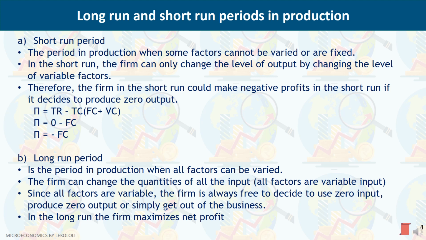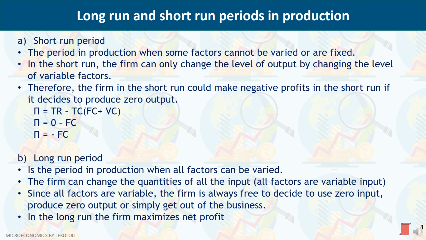But here is the catch. Even if you decide not to produce any milk, or you decide to produce at zero level of output, you still have to bear the costs associated with those fixed factors. This means that in the short run, your farm might end up making negative profits if you produce nothing because you are stuck with a fixed cost.